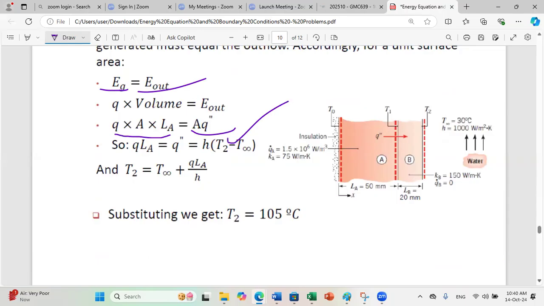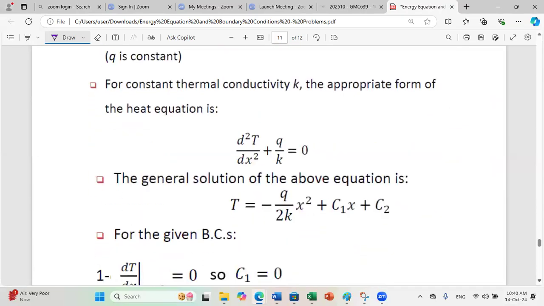And once you solve for T2, you can go back to the condition in material B. You say that this flux is equal to Q conduction in material B. And then you can solve for T1, okay? Finally, to solve for T0, you need to consider